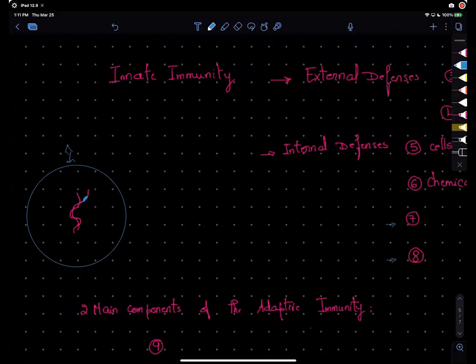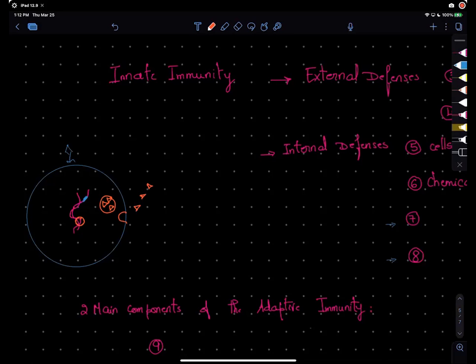And as a result, the cell starts to turn on specific genes that code for this chemical. Those chemicals will be released to the outside of the cell, remember, as SOS messages that are sent to the neighbor cells